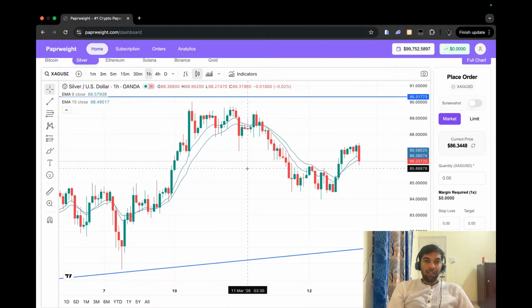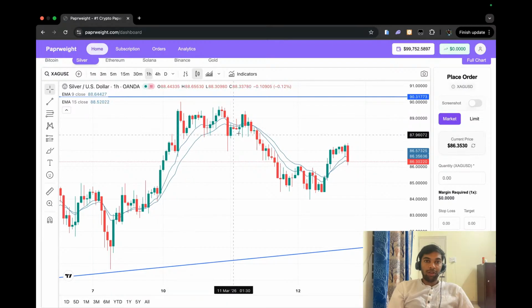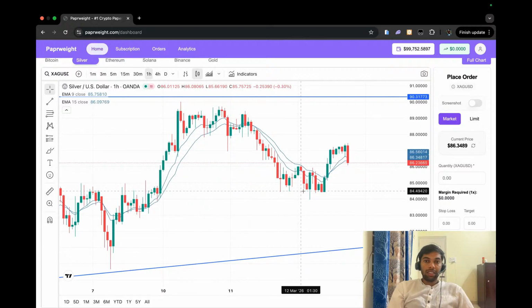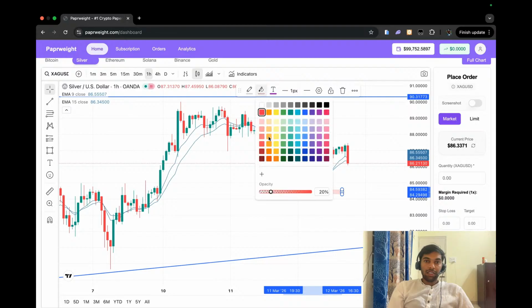Yeah, at the 1 hour time frame, you can see that this is the area that sellers are protecting, and after first attempt, second attempt, third attempt, fourth attempt, the market fell, and this is the area where buyers are a little bit active, and they are protecting their zone as well. So this is the buying area, as I colored it as the buying area.